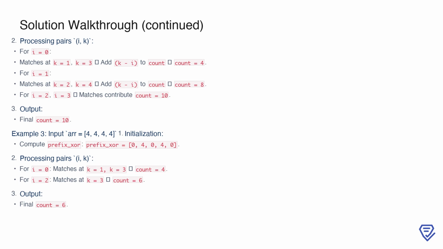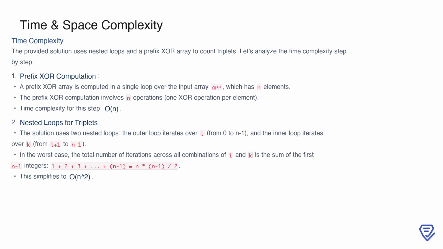Processing pairs for this input, we find matches for i equals 0 at k equals 1 and k equals 3, adding 4 to the count. For i equals 2, a match at k equals 3 contributes 2 more, resulting in a final count of count equals 6. In analyzing the time complexity of the provided solution, we start with the computation of the prefix XOR